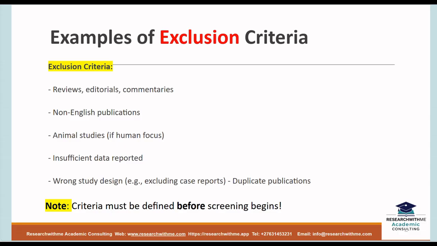Those who are in animal science and health sciences will understand what we are talking about. Insufficient data report. If the study does not have sufficient data, we cannot include it. As a matter of fact, one of the things that are